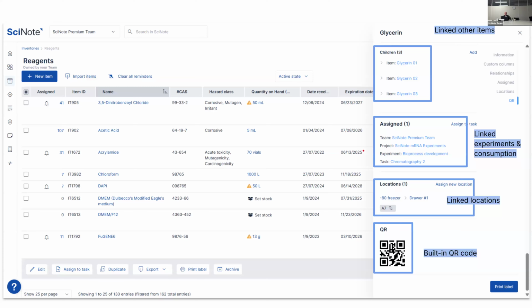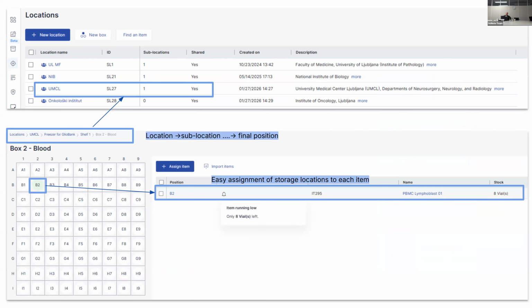Okay, next slide. Okay, so I mentioned already this briefly earlier, but the locations, right, is a very important part. So you want to know where your samples are, and you want to create a very detailed multi-layer storage location that mirrors your real-world physical inventory setup, right? You can see here location. You can see that this was the clinical lab, and this is freezer for gliobank, on-shelf one, box two, blood,